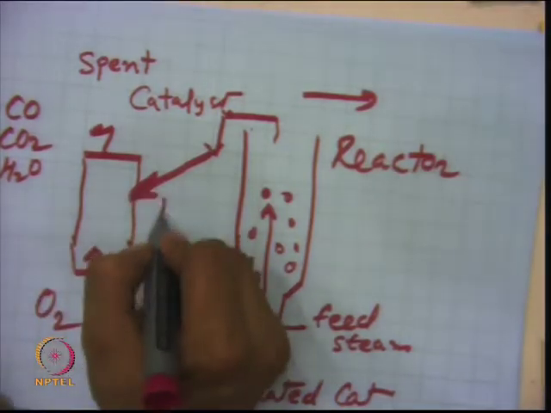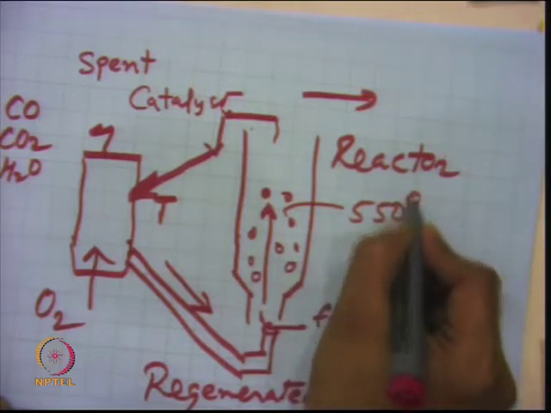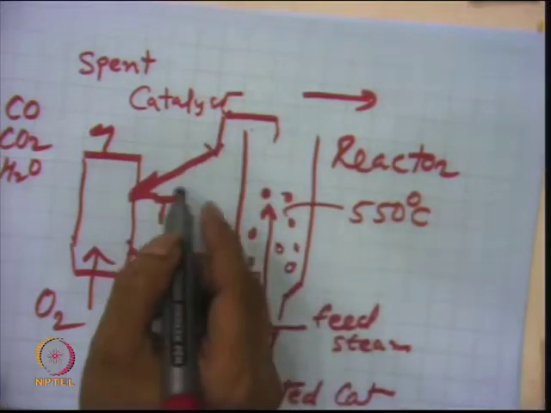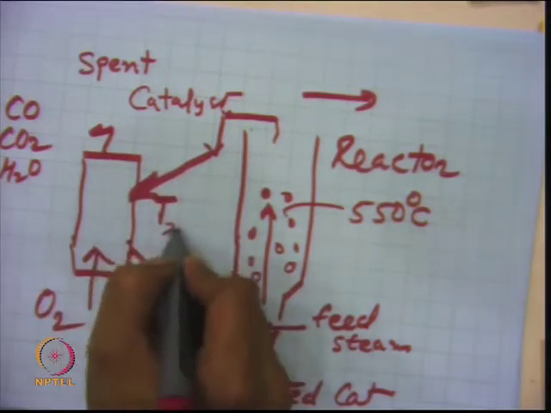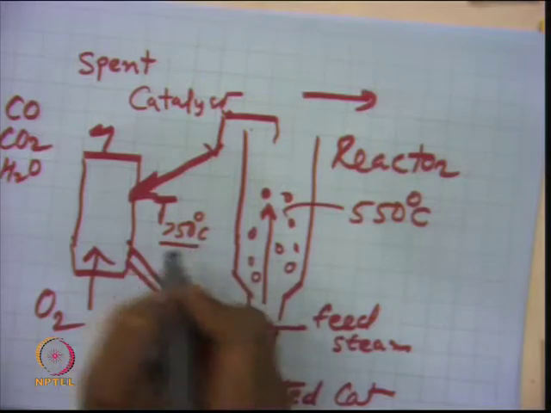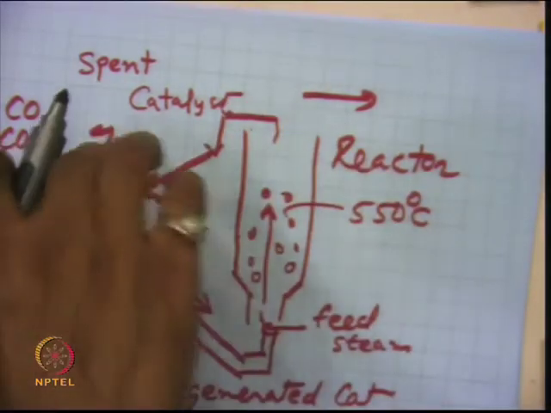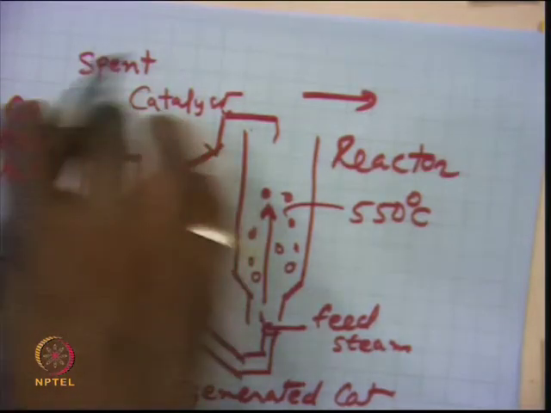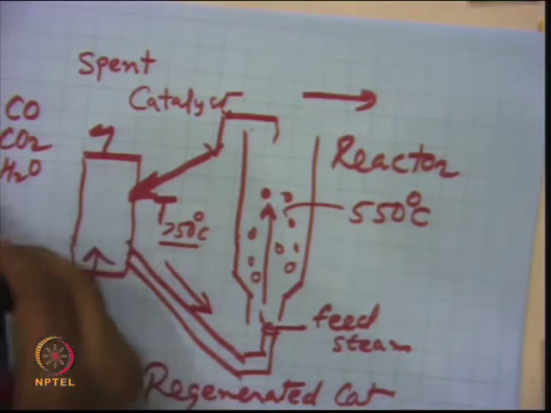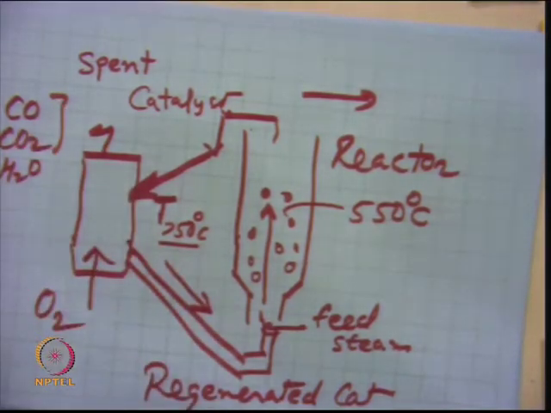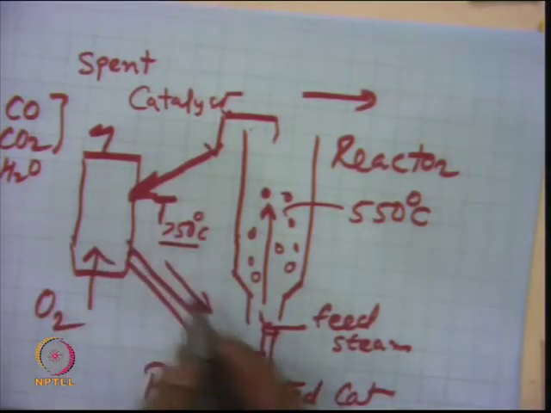You need to control the temperature here; it may be around, say, 550 degree centigrade. So, the catalyst comes at 550, and when you have the heating here, the temperature can go up to 750 degree centigrade, because it is an exothermic reaction. Here it is an endothermic reaction, and here the exothermic catalyst regeneration reaction. So, you need to control the oxygen ratio in the flue gas, or the CO to CO2 ratio, that is, how much oxygen is to be given to burn a given amount of catalyst.